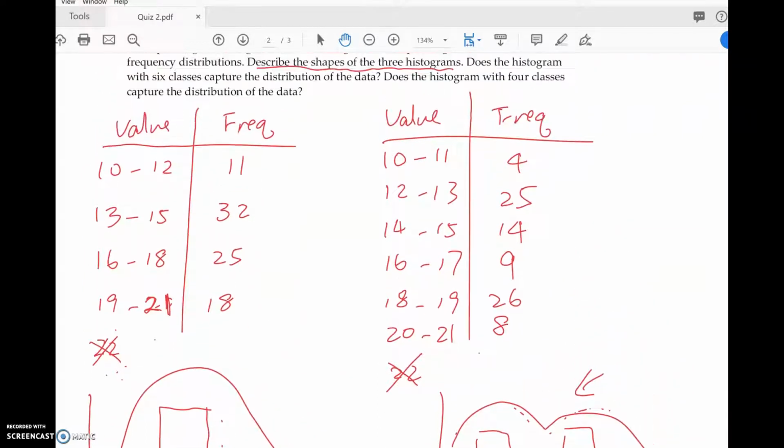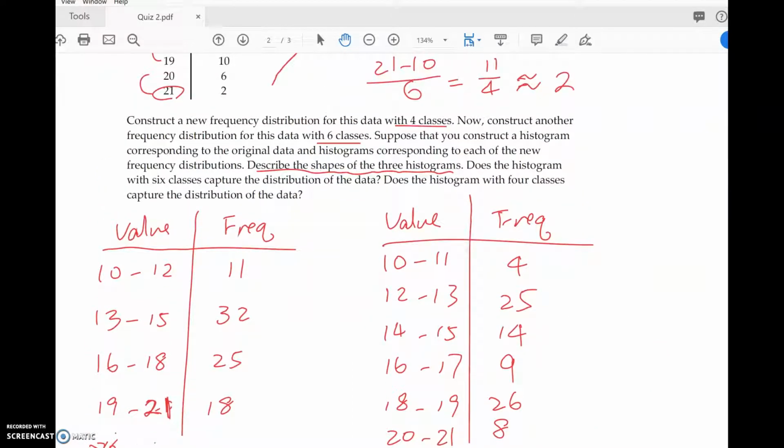So in general, when we are constructing a histogram, what is a good number of classes? We are not sure. We have to experiment. We have to make sure the graph